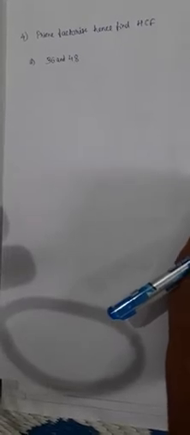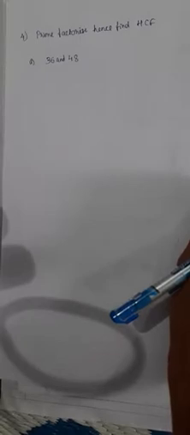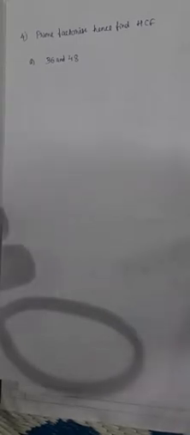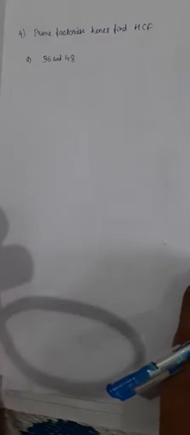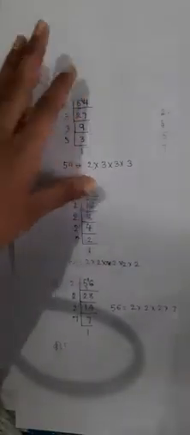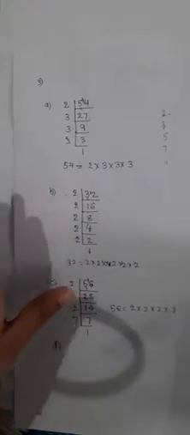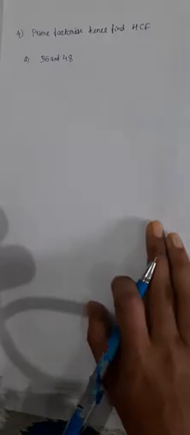So in exercise 4.2 we listed the factors and we found out the highest common factor. I hope you remember. Okay. So in this we are going to find the HCF, highest common factor, by prime factorization. What we just learned is prime factorization. Whenever a question asks you to prime factorize, you should solve with this method. So using prime factorization, how are we going to find the highest common factor?